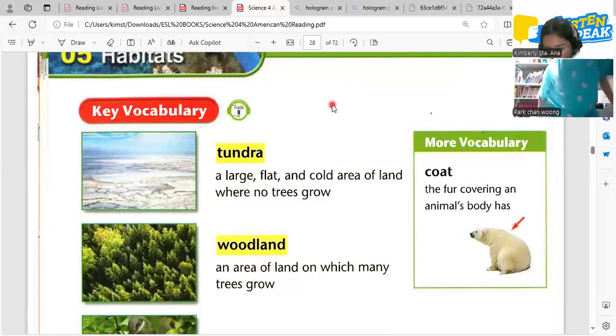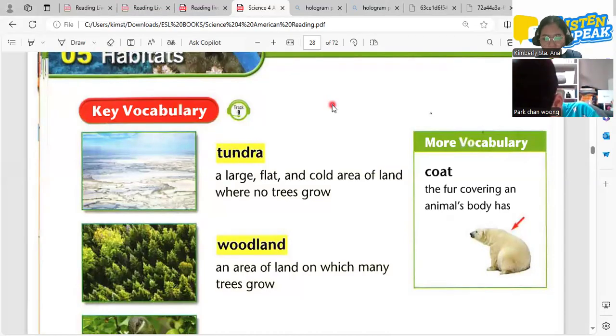Do you know some people hunt bears? They will get the bear's skin and make it a coat or a jacket. Yeah, I know, that's very cruel. Do you support people who hunt animals and make jackets? Support means you agree with hunting animals and getting their skin. No? So you should not support those because that is really cruel.